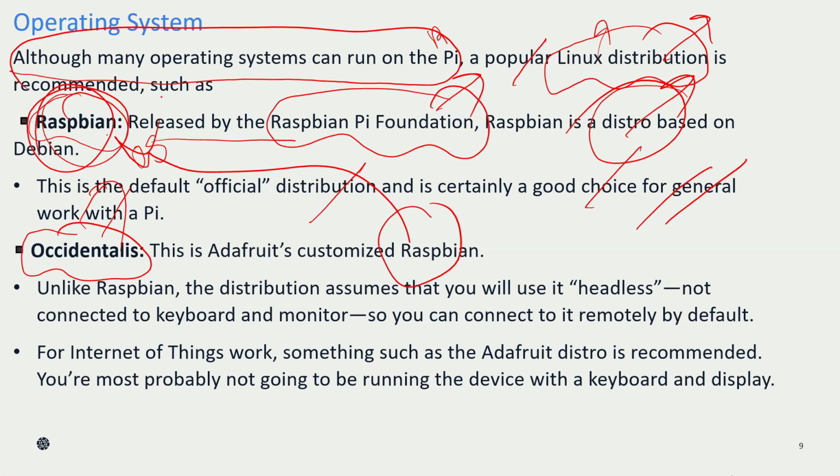But here, unlike Raspbian, you need not connect external peripherals. Let us consider that if any project requires a keyboard and monitor and all, then if you use this second one, you need not connect those things. You can control all of it remotely. So here you can avoid the keyboard and monitor. Remember these things, because of this you can achieve this advantage.